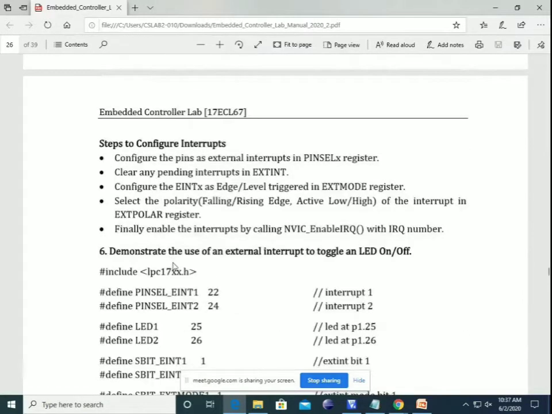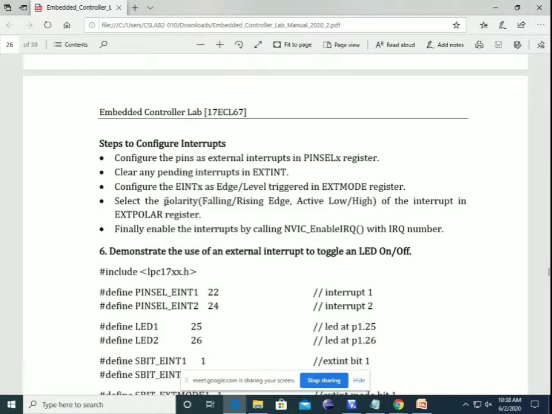Steps to configure. First we'll select this pin select register. Next we will clear the pending interrupts. First we need to clear the pending interrupts. So whatever the interrupt is running, we need to stop that interrupt and we'll start the new interrupt. Next we'll configure the external interrupt as edge or level triggered in the EXTMODE register.